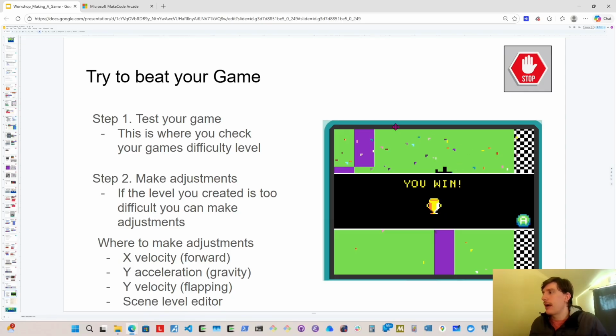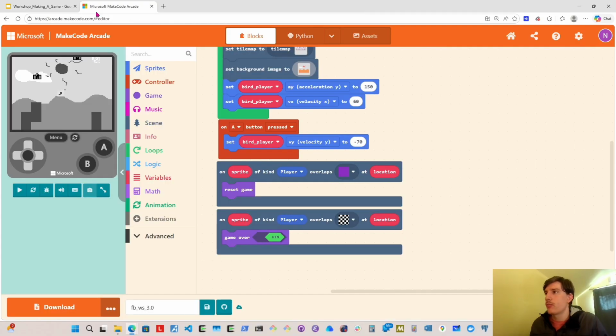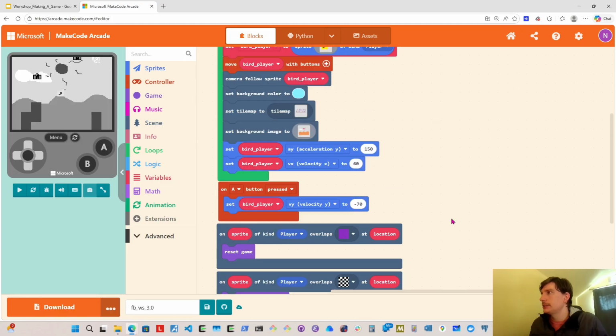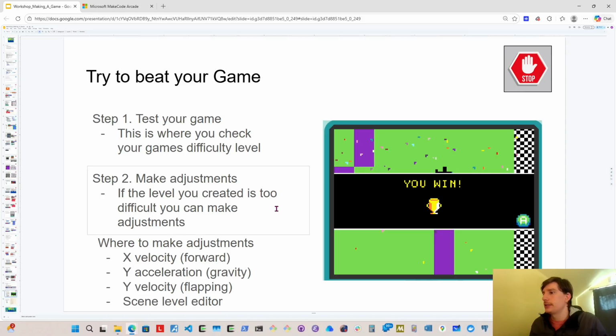Okay, so we have that all set up. There are a lot of different things that can go wrong, so try not to get frustrated. Try to really watch your variables that you assigned and the details here. But at this point, we're going to test our game. We're going to test it for its difficulty. We're going to try to make adjustments